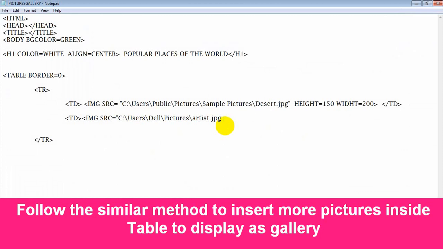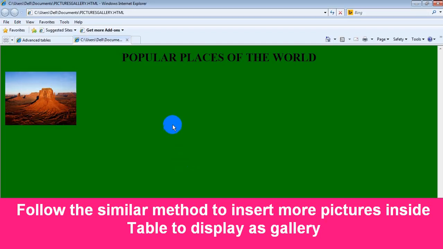For example, height equal to 150, width equal to 200. Let's close the table data. Okay. Now save the text. Go to web browser. Right click, replace.